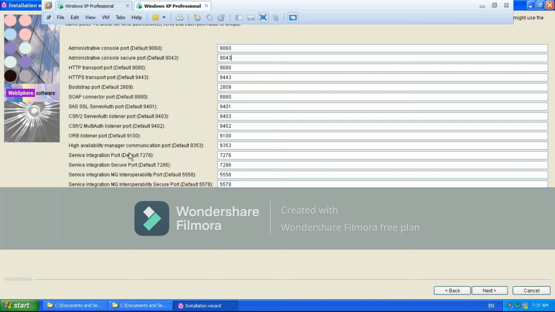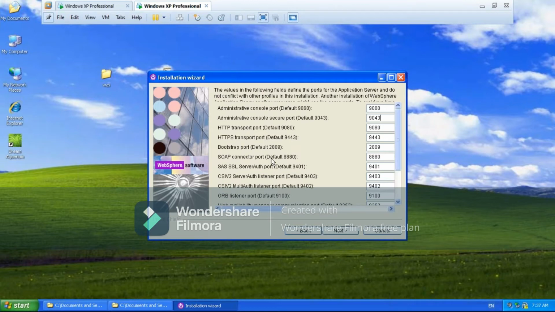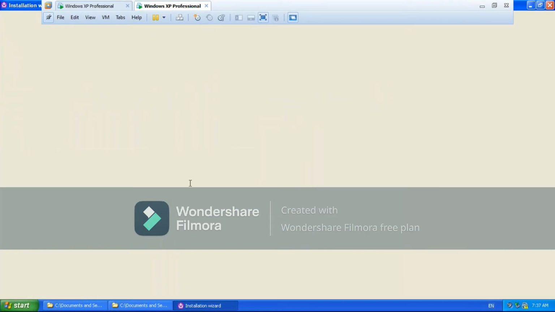Once the profile is created, I said it's going to create a complete runtime environment of WAS. To run WAS, a complete environment will be created in three layers: cell level configuration files, node level configuration files, and inside that, server level configuration files. This XML file, holding the port numbers, is going to be at the node level configuration files. I will show you once the installation is done. So this is about the port numbers.